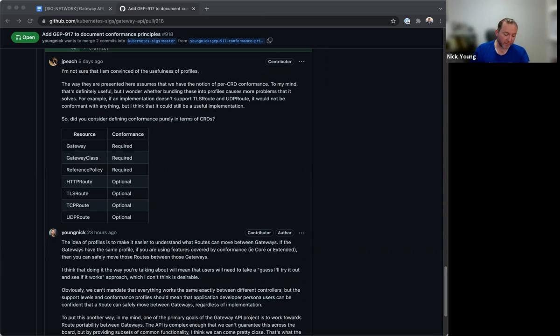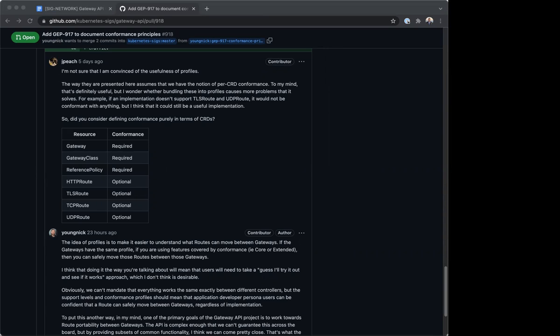But again, I think I've probably leaned too hard on that, because that was how it made sense in my brain. It does make sense, as you say, to specify this in terms of the object that you were talking about. And then conformance profiles is a thing that arises later if we need it. So does that make more sense, Jeff?